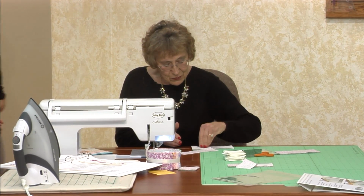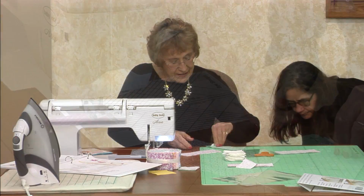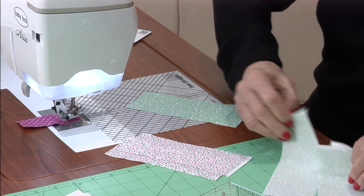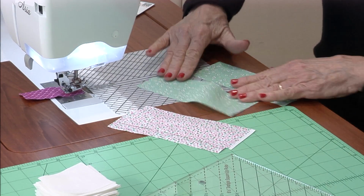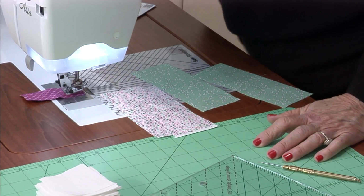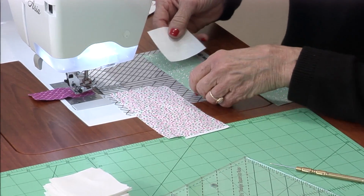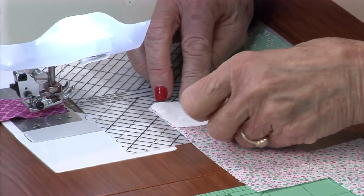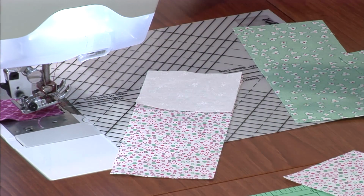Okay, so I'm going to do 2 of these, 2 to make a block, and then I'm going to take 2 of the dark, and I left some of the salvage on. Okay, are you on your picture? Your first picture that shows your little square goes on one end, and what I want you to notice so that you can always,